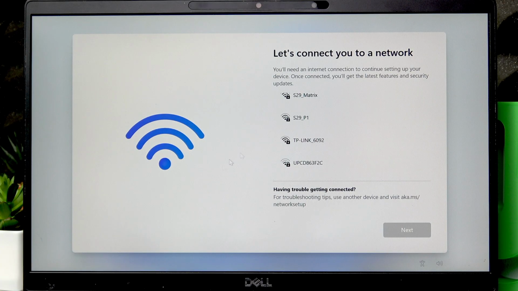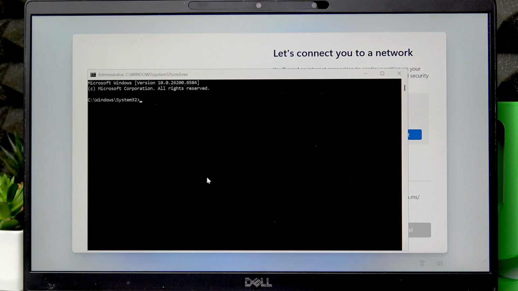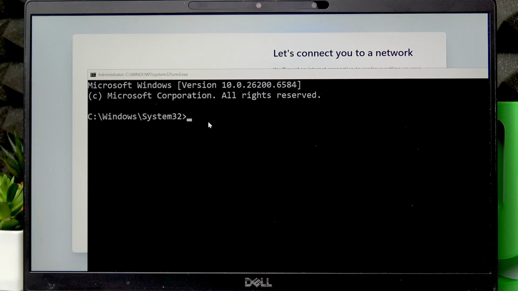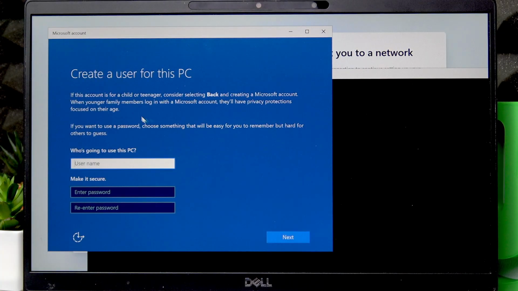But if you don't see it, just like me, then use the same Shift F10 combination once again, and we'll try a second method. So first, just open this CMD window and input start ms-cxh:localonly, and then press enter, and then you'll be able to create a